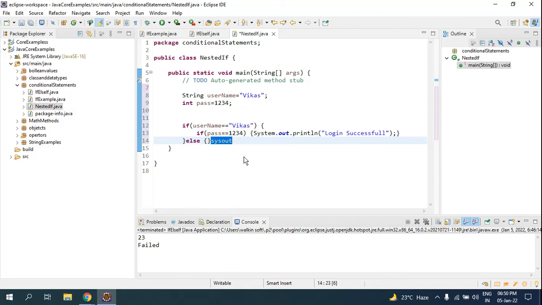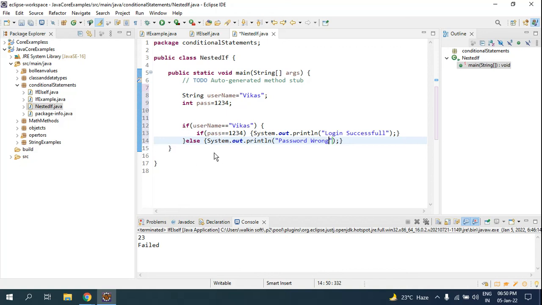it inside the brackets. I'll show password wrong. So it goes inside for the password only if the username is correct. So what if the username is not correct?